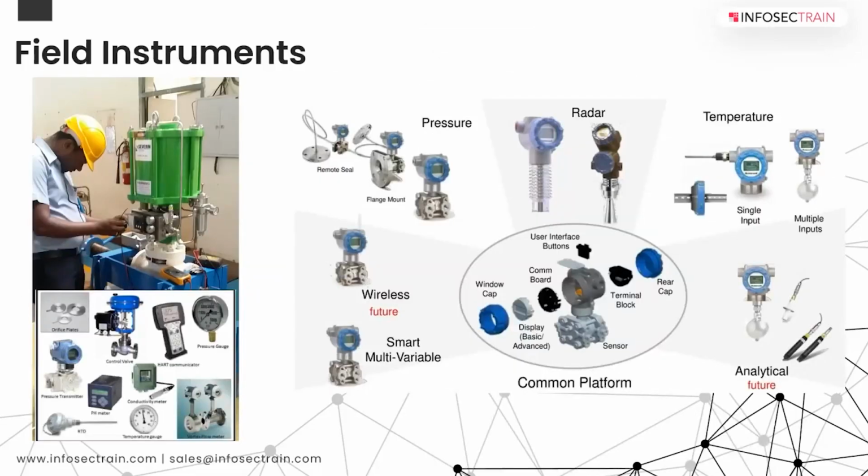These are some of the field instruments that you see on screen. The one here is a control valve which is pneumatically operated. This is a controller here. You could give a digital input or an analog input, depending upon how you want. The valve body is at the bottom here, and this is the actuator. This controller operates this actuator, and that's how you open and close the valve.